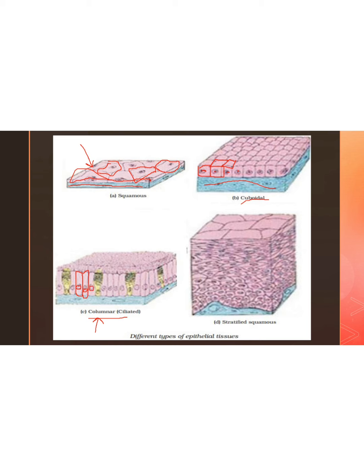Okay. So next, this is about your columnar epithelium. Yes, now we'll come to a structure known as stratified squamous epithelium. Stratified squamous epithelium is nothing but a specialized case of squamous epithelium. Basically, a squamous epithelium looks like this. But in a special case, what will happen? This generally takes place in your skin.